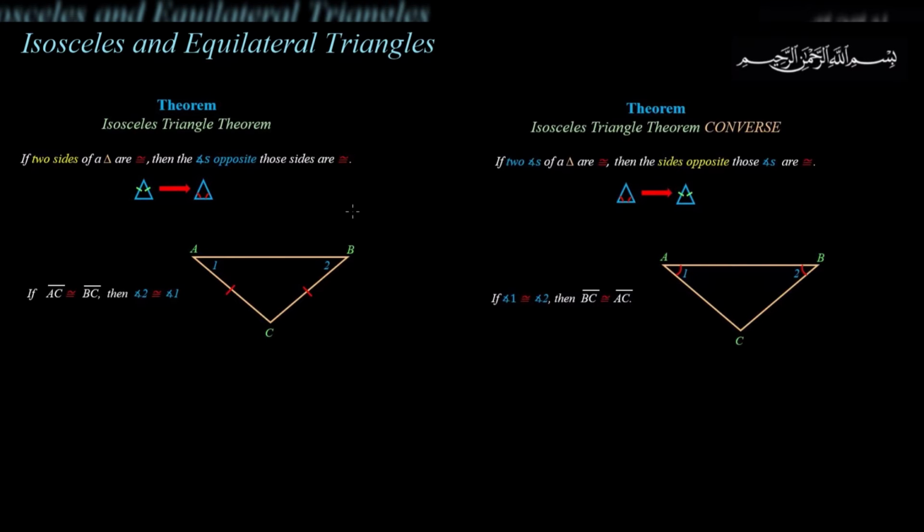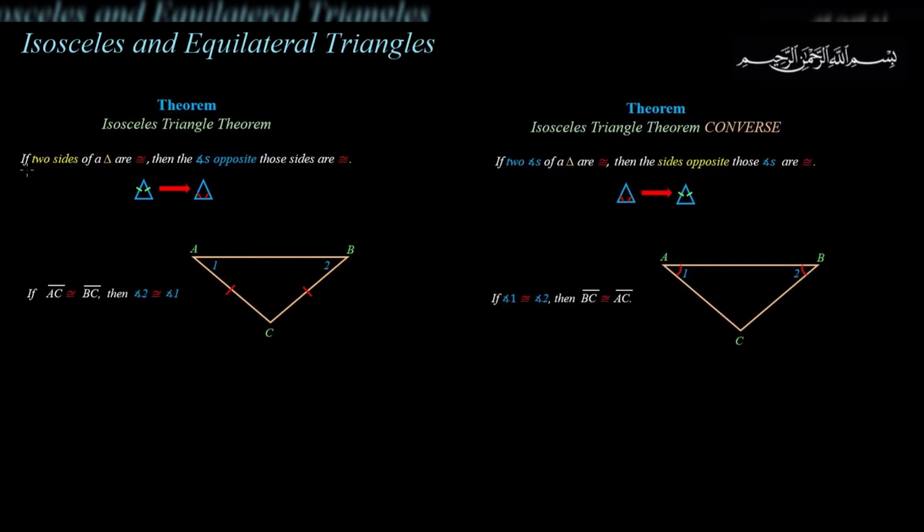Now, notice, symbolically it's written like this. So if the angles are congruent, then the sides are congruent. So the isosceles triangle theorem and the isosceles triangle theorem converse are very useful. The isosceles triangle theorem starts out with an isosceles triangle, that is, if two sides of a triangle are congruent. That's why this is called an isosceles triangle theorem, because you're starting off with an isosceles triangle, and the converse